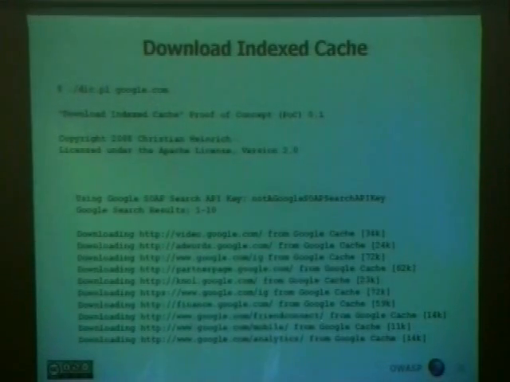So when we actually run the tool, this is what it looks like. This is only just a proof of concept at the moment. We get the standard blurb. We then get our Google SOAP Search API key, which in this case I've hidden by using a SOAP proxy. We get the search results, in this case the results from 1 to 10. And then as it downloads each page, we get what the URL is and that kind of thing. So what I'll show you now